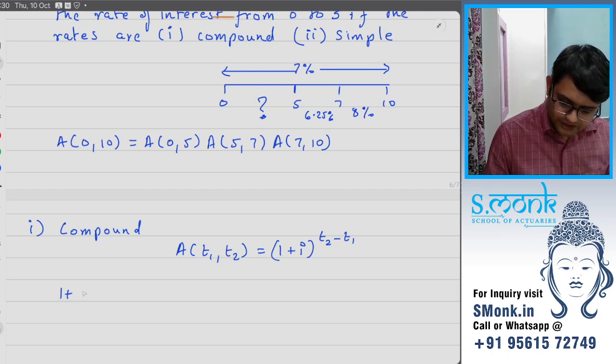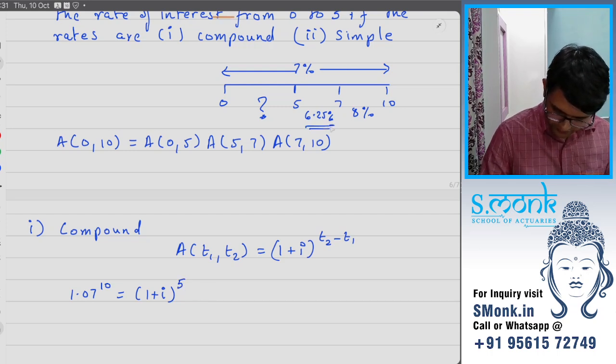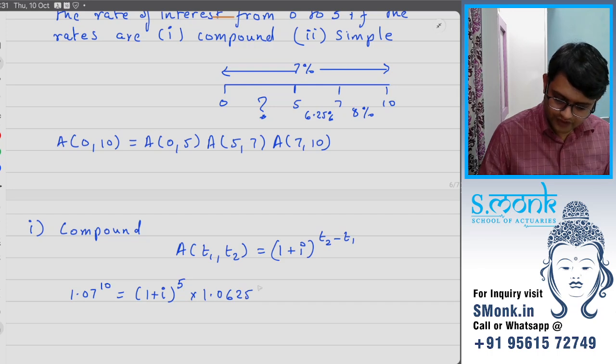So 1.07 raised to 10 must be equal to 1 plus I raised to 5, into, between 5 and 7 it is 6.25%, so into 1.0625 raised to 2, into